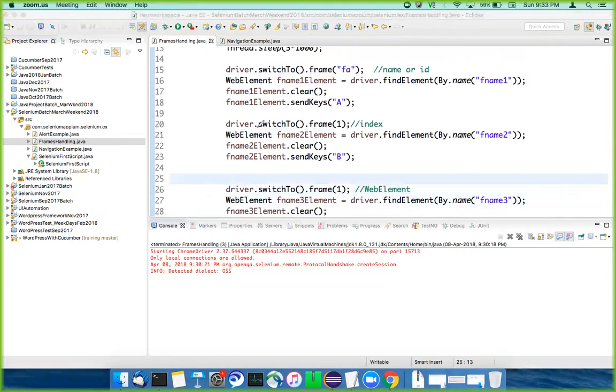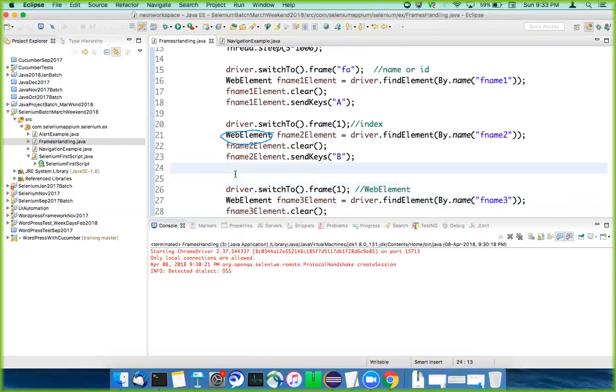WebElement, name of the element equal to driver dot findElement by name. Exactly, you're right. Okay, WebElement frame3